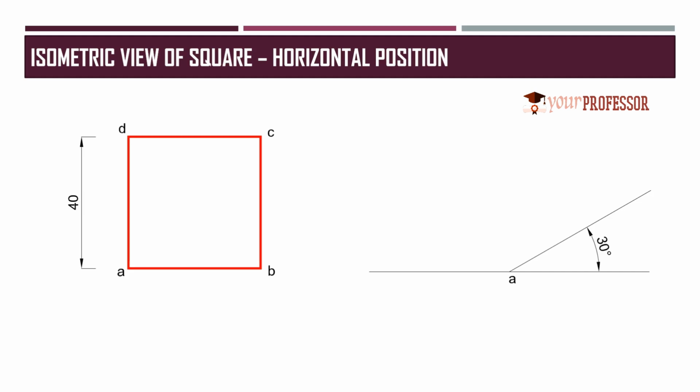You can draw for a length of 40 mm, or otherwise you can draw a line which is at an inclination of 30 degrees and consider the dimension length as radius. With the help of compass, drop an arc like that. So here I did consider 40 mm radius and I did drop an arc like that. So that point will be B. Now draw another line which is at an inclination of 30 degrees to the left hand side like that. Now again consider 40 mm as radius with A as center, drop one arc. That will be point D.